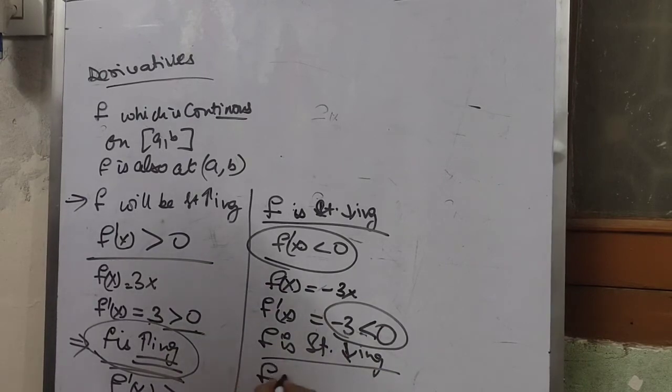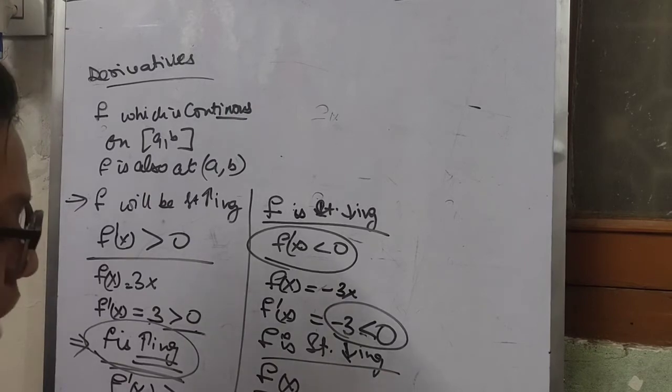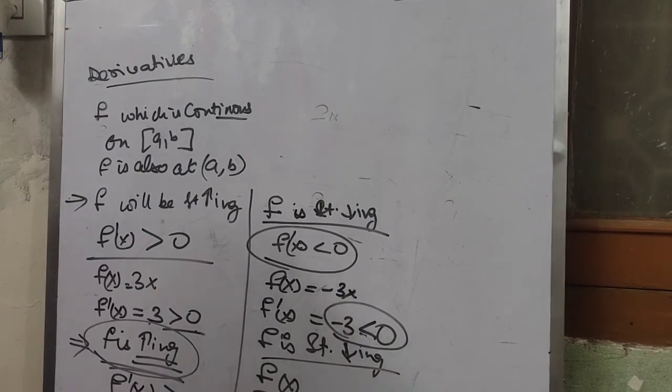Now if I say some function f(x) is there, and when I take its derivative, my f dash x comes out to be less than or equal to 0, that is, either my value is equal to 0 or my value is less than 0 after differentiating, my function will be decreasing, not strictly decreasing, it will be decreasing. Now there is another condition also.